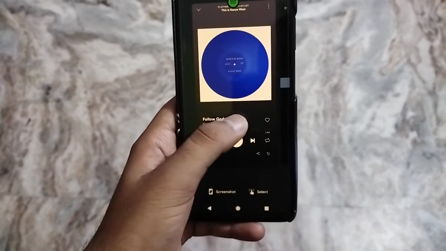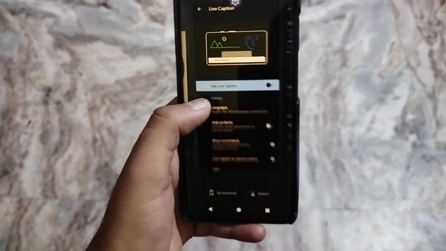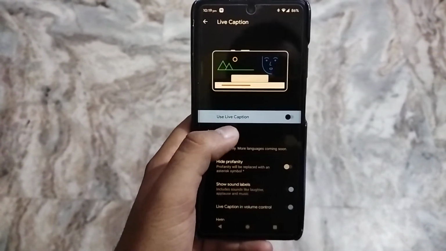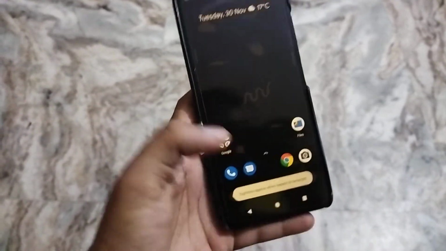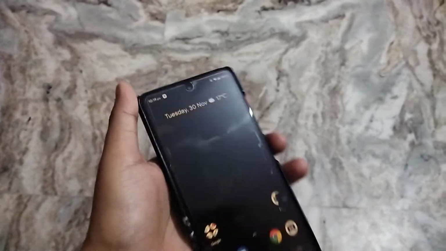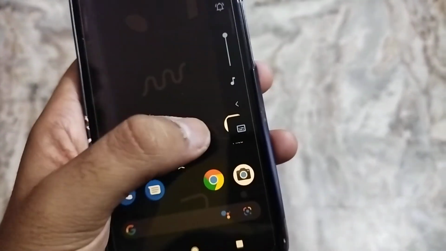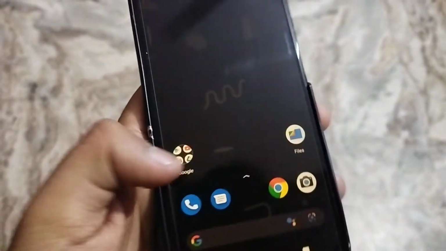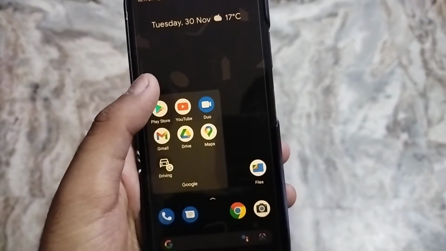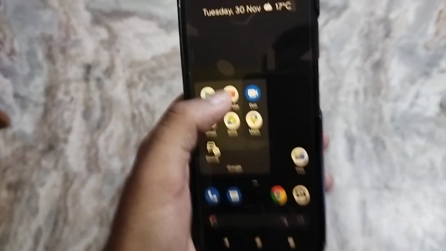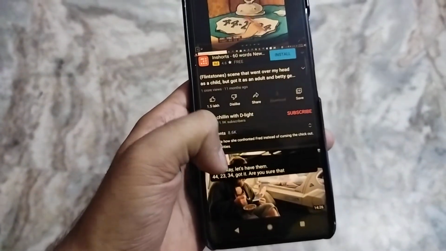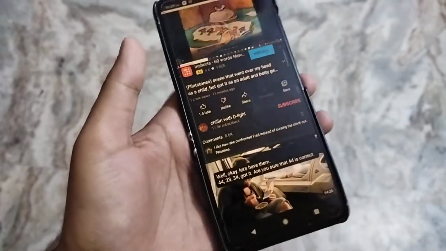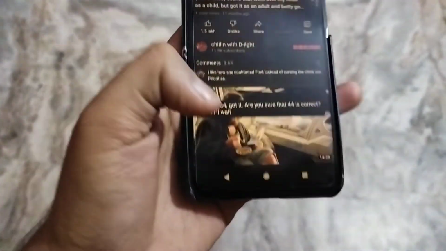The fourth feature that I am going to describe is the live caption feature. If you are playing a video, you can find it in the volume panel. If I start a video, like this one on my YouTube, you can see this is live captioning, and this is the caption that you can get.